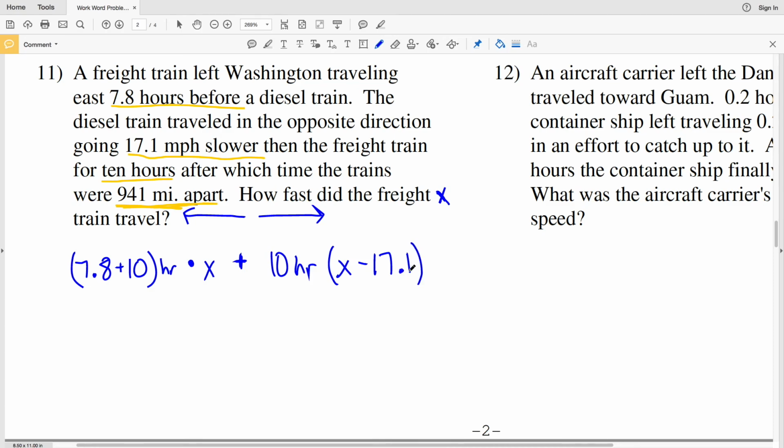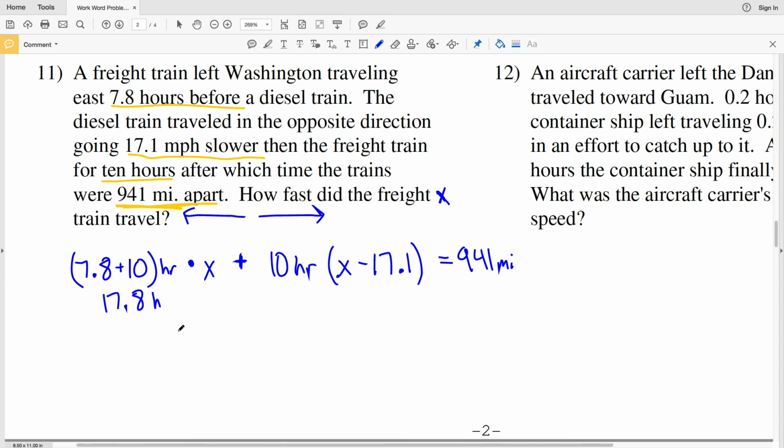So x minus 17.1 is the speed of the diesel train, and x is the speed of the freight train. So multiplying their speed by the number of hours traveled will give us the total miles that each train traveled. And adding that together will give us the total miles apart, which is 941 miles. Now we're going to solve for x. 7.8 plus 10 is